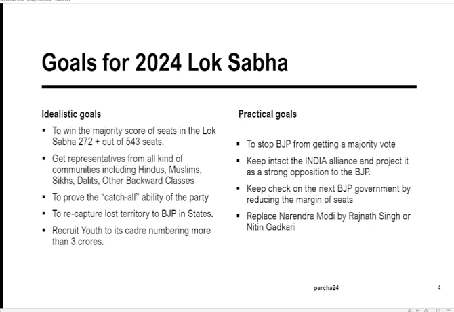If Congress succeeds in doing that, it will be a big victory for Congress and its India alliance, because carrying on the momentum, Congress can look for government formation and getting Rahul Gandhi on the seat of Prime Minister in the next general election of 2029. So, this is the practical approach which seems gettable. Though it's gettable, it's not easy. It's still very tough.